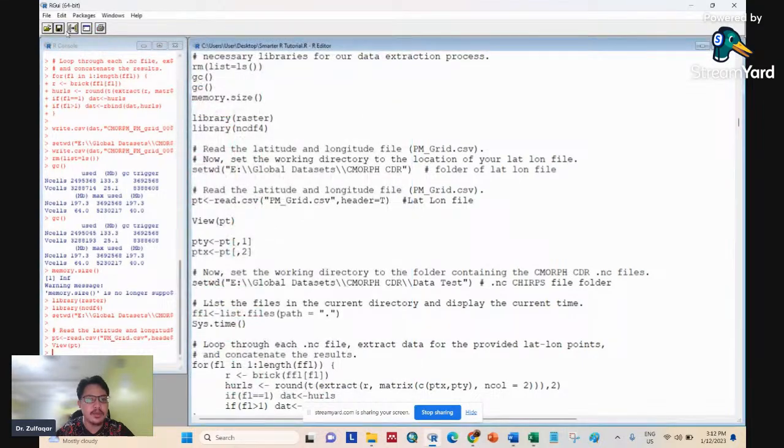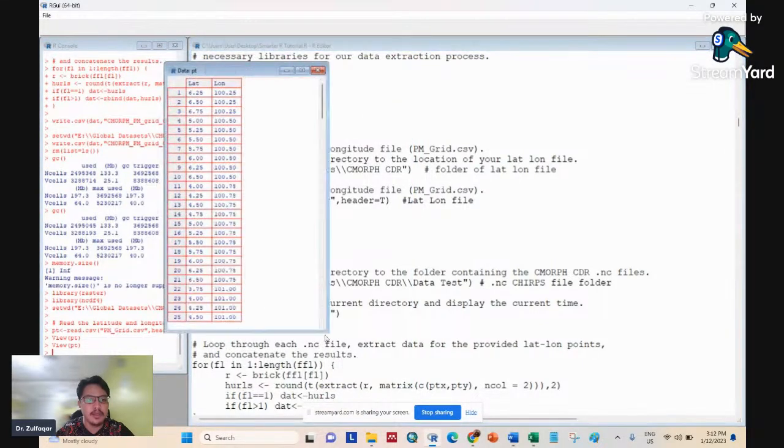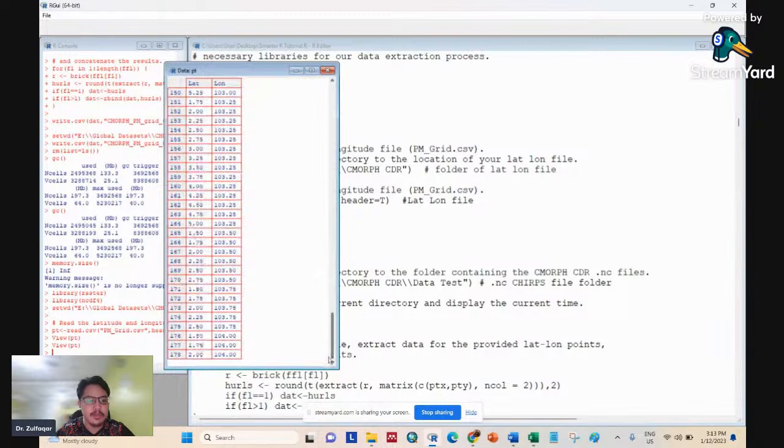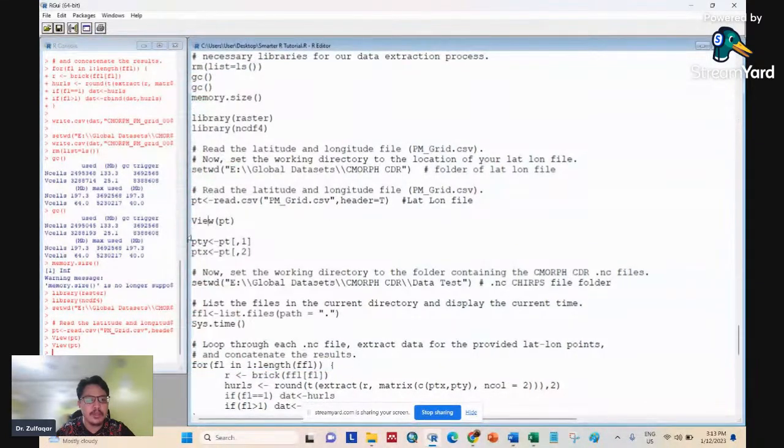You can see, I'll show you again. So this is the lat long of the data, 173 grid points in Peninsula Malaysia. So you view it, so the data is already there. And then you put